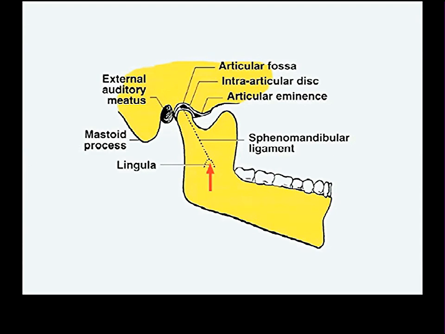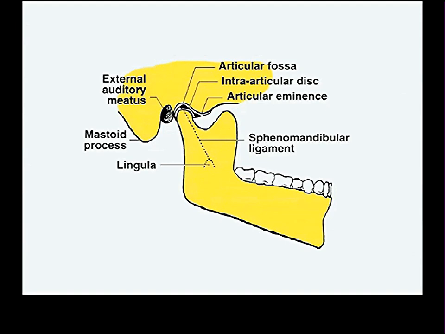And you don't want to move this point very far away from the base of your skull because you have the inferior alveolar nerve going there. So you don't want that nerve to be stretched and sheared and things of that nature. So you keep that distance between the lingula and the base of your skull fixed with the sphenomandibular ligament. And then there is the jaw joint itself.